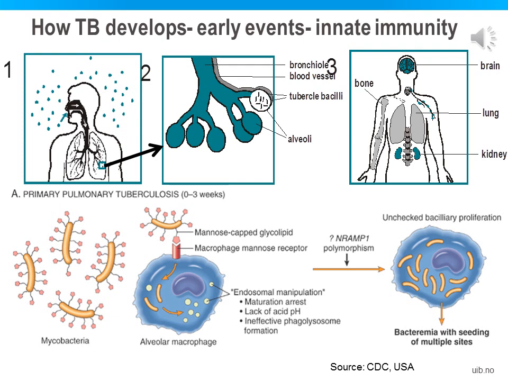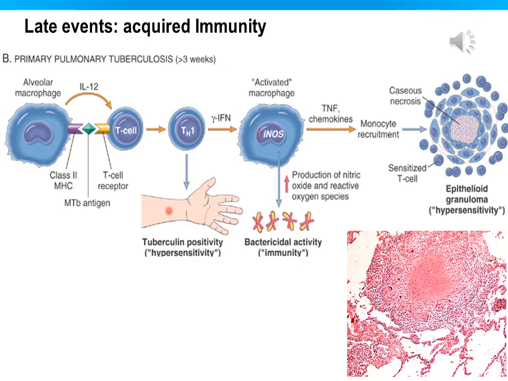If the host is unable to kill the bacilli, the organisms can begin to multiply and grow shortly after infection. This multiplication happens within the alveoli where the infection begins. A small number of tubercle bacilli enter the bloodstream and spread throughout the body. Two to 6 weeks after the primary infection, the body's immune system develops cell-mediated immunity to mycobacterial antigens.